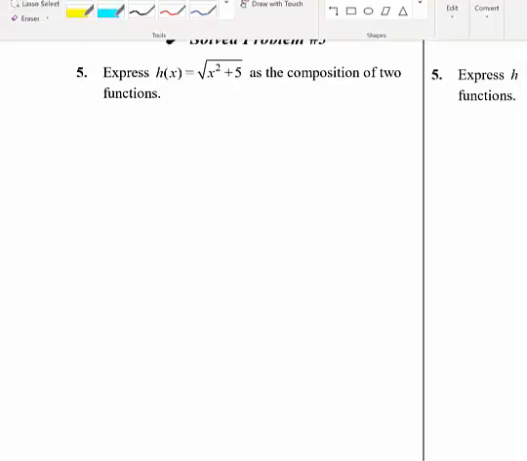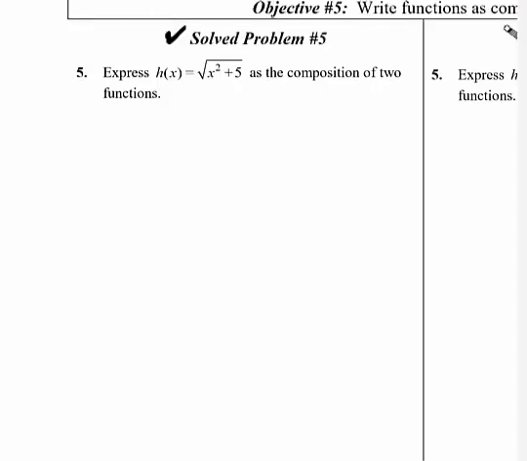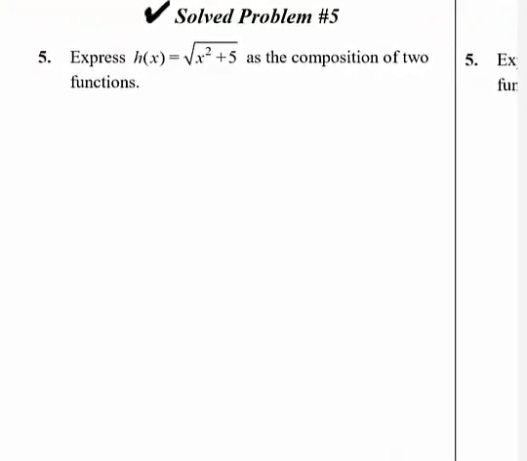But okay, finally we're on the last type of problem here. The last objective, I think the directions aren't really clear. It's not even clear what they want. They said express this function here, h of x equals square root of x squared plus 5, as the composition